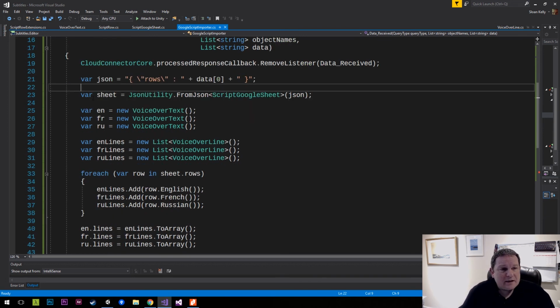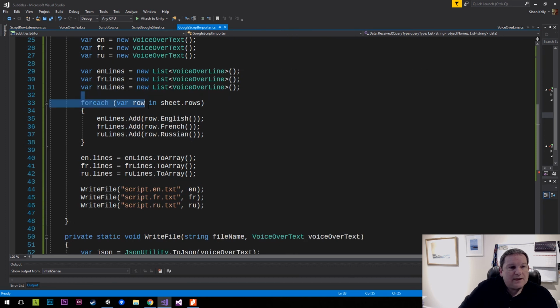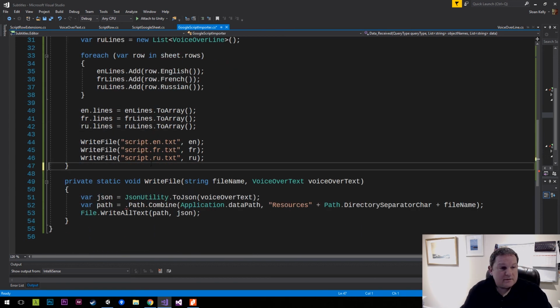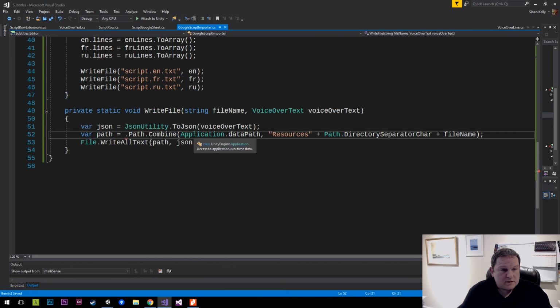And then that's going to put it inside this intermediate format here, our script Google Sheet, just so that we can transform the data into our voiceover lines here. And then we go through and process them. We extract the English, French, and Russian and put them into the correct lines there. Do the same thing here, and then we write the file out. And the file gets written out to, oops, that's a dot there,